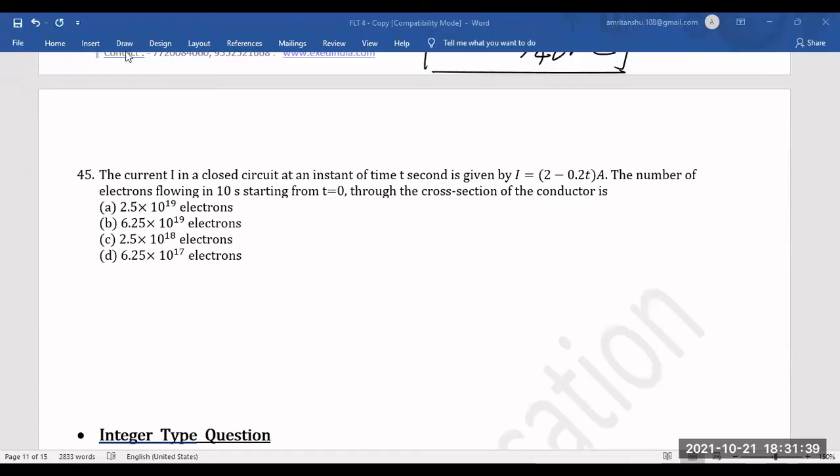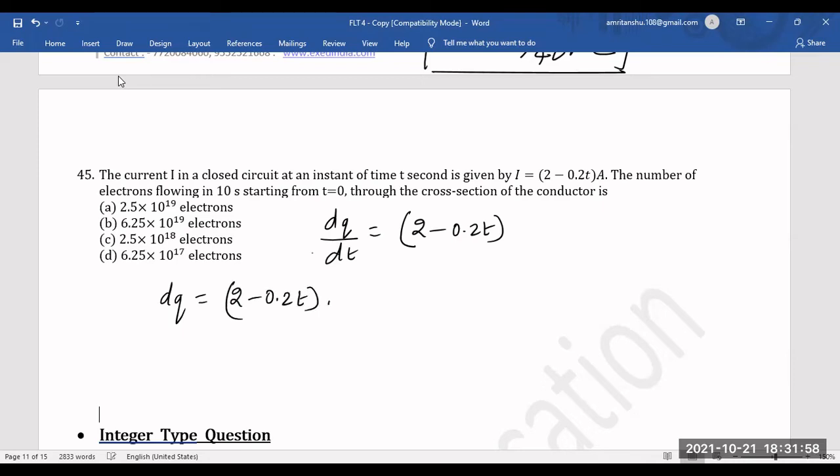So let's move on to question number 45. We know I is dq by dt. This is 2 minus 0.2t. So dq is going to be (2 minus 0.2t) times dt. Okay, so now when I integrate it from t equals 0 to t equals t, where the charge will be this,